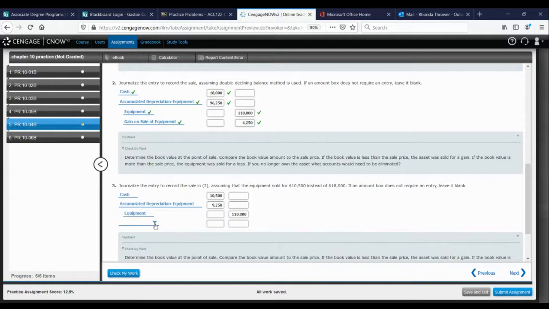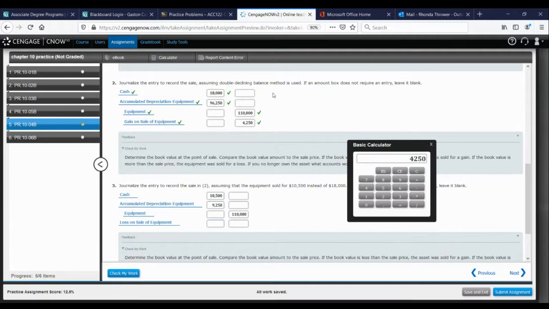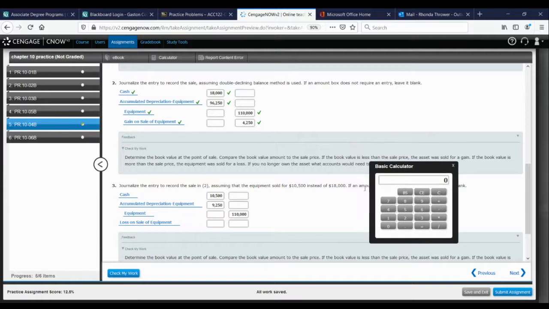And so I'm going to see if this will allow me to do this. The loss on the sale of the asset would be debited. To calculate the amount, we would take the amount that it was sold for this time, which was $10,500,